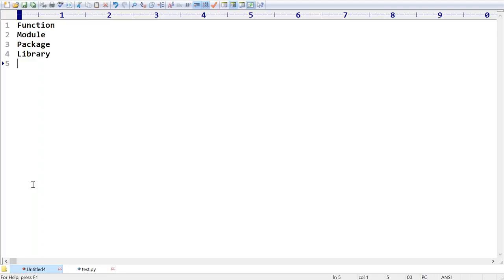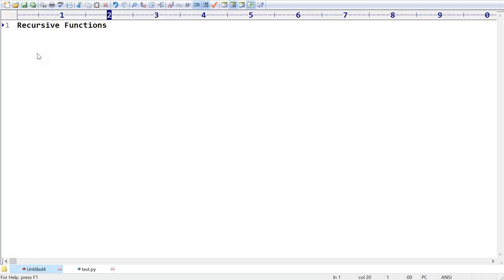Do you remember, right? Okay, a function is nothing but a group of statements. A group of statements itself is nothing but a function. What is a module? A module is nothing but a group of functions, by default considered a module. What is a package? A package is nothing but a group of modules. Are you getting it? Next, what is a library? A group of packages is nothing but a library. Just remember that.